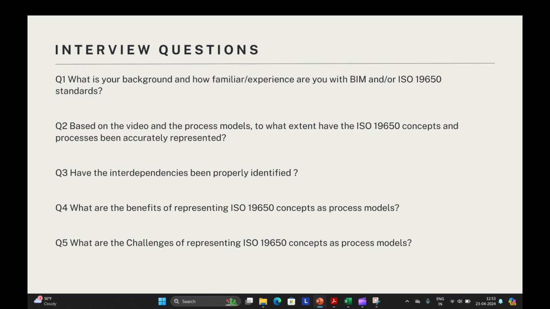If you are willing to participate in my research, I would be incredibly grateful. Please find the link to my process map and a short questionnaire in the video description below. Your feedback will be invaluable in improving my understanding of ISO 19650 implementation and how I can further develop these process maps for greater clarity and ease of use.